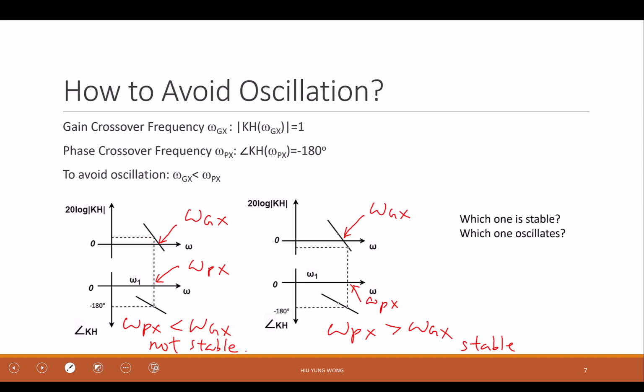Then of course there will be oscillation, right? So you want the gain crossover frequency to be smaller than the phase crossover frequency. But in this case, it is not. On the other hand,